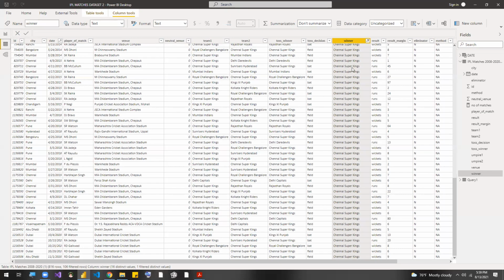You could have added everything here, right? If I highlight this ID, at the bottom you see the information. We have a total of 816 rows, and by selecting the winner as Chennai Super Kings, I'm getting